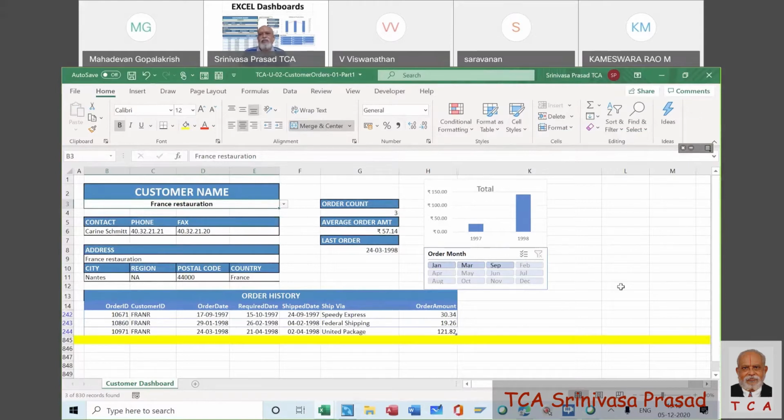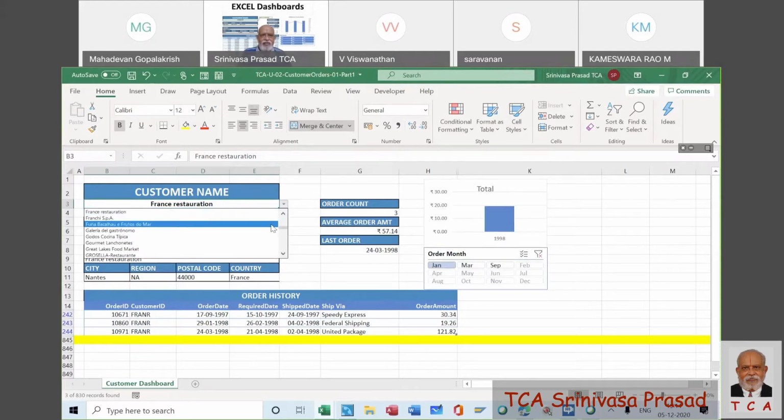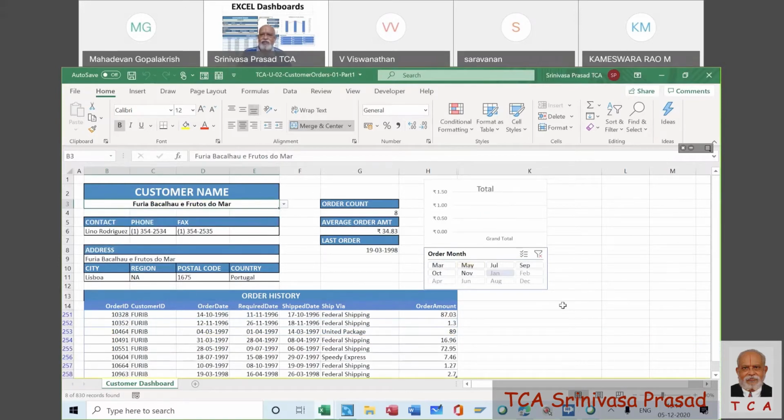So to this extent, every time we would have to tell the user, who has now selected January, that when we go to another customer, if you want all those things, then you should go and clear the filter. If we tell them that, it doesn't look nice. So the next step is to automate this particular thing. Is that clear to you what we are trying to do now?